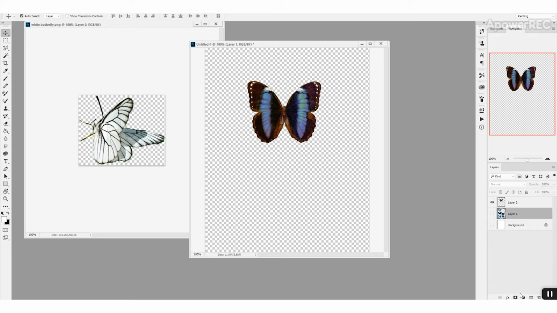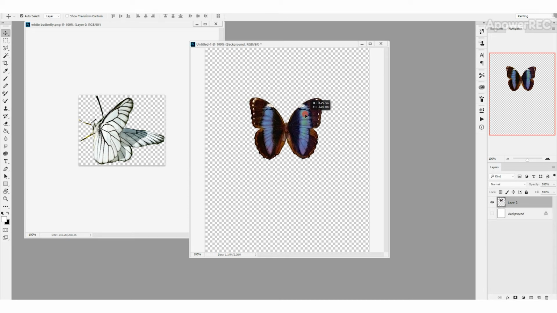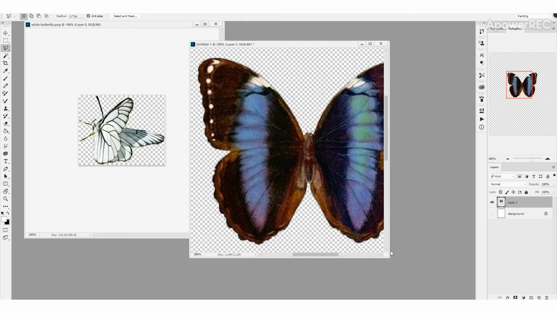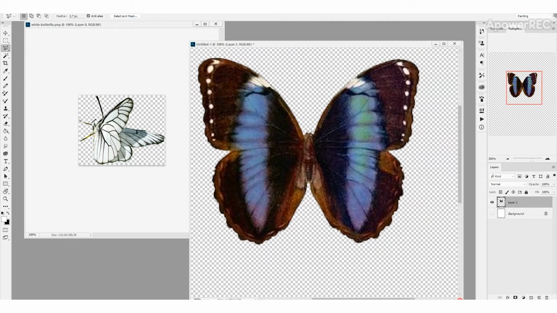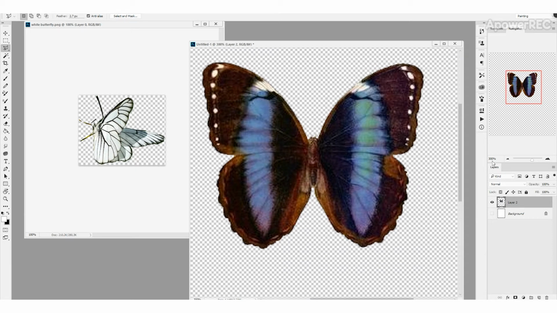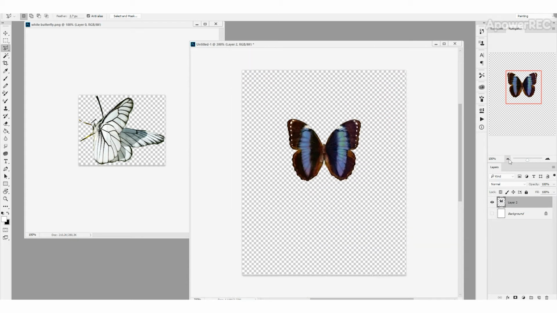You can click on the trash bin here, just delete the layer, or you can just click on remove on your keyboard. So now comes the hard part. We need to use the lasso tool again, just zooming in to our reference. It's a little bit small, so I will just